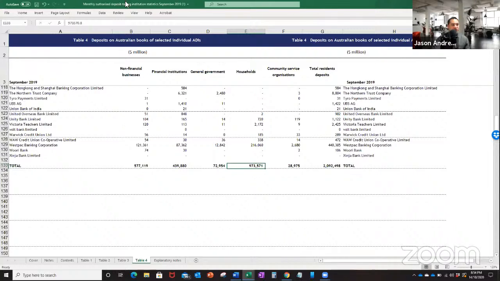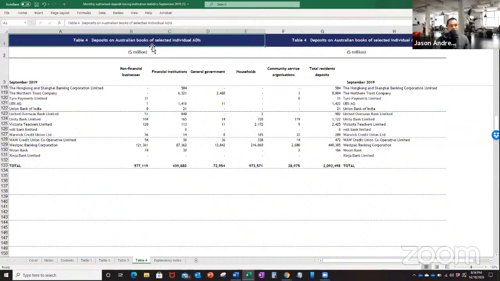pause the video for too long. But I'm going to take you back to the train of thought that led me to do this post today. I've been tracking this for over a year, since I sold my financial planning business last year, to see how this was going on a growth level. And this spreadsheet shows you deposits